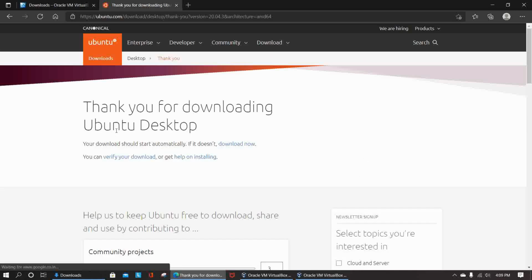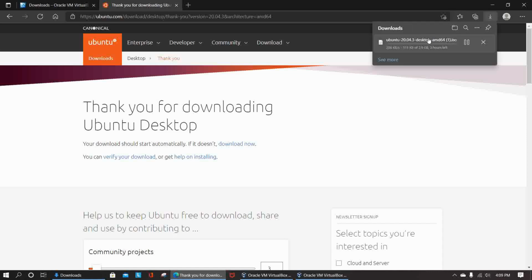When you click on the download, the Ubuntu ISO file will start downloading. This file is around 2.5 GB, so it will take some time. I have already downloaded this file, so I will cancel it.